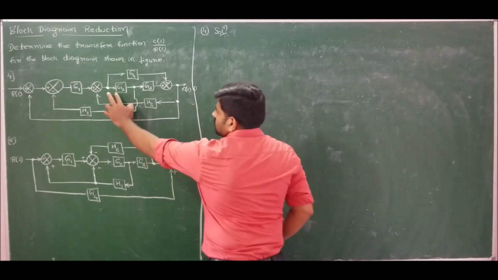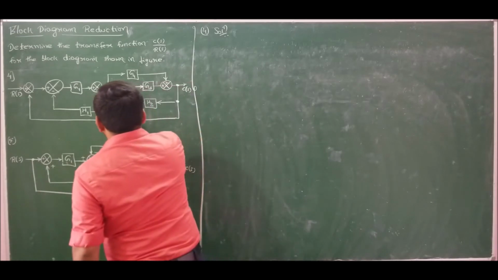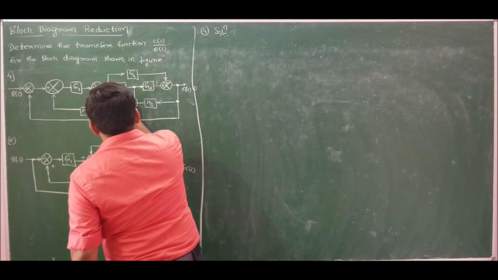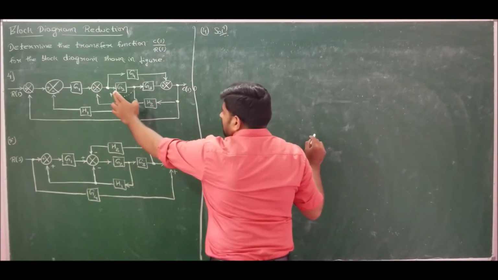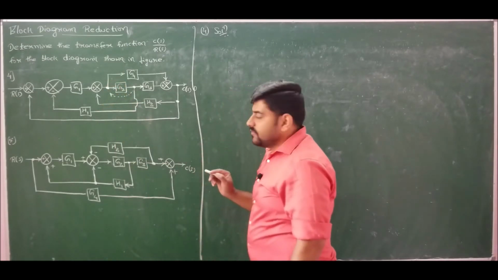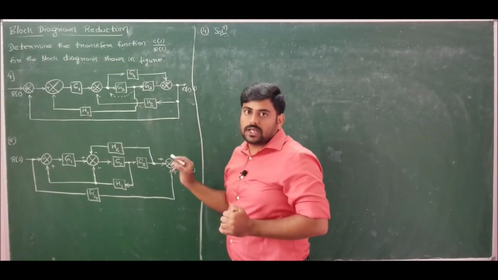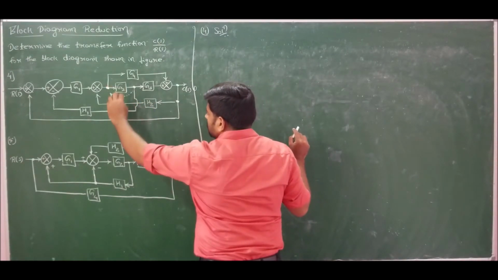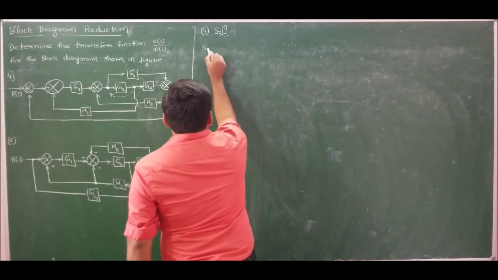and interchange those two takeoff points. So in step 1 I am shifting this takeoff point behind G2 and interchanging the takeoff points' positions. Since I am shifting the takeoff point behind, I should add the block value to the feedback itself. If I shift the takeoff point in front of the block, then I should add the inverse of the block value to the feedback. Here I am shifting behind, so just the block value should be added to the takeoff line. If I do that, I will get, in step 1,